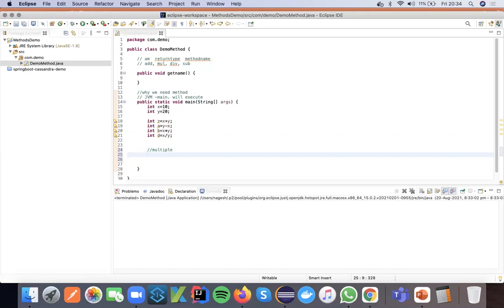Let me come to one scenario. You are writing 100 lines of code here and you are not dividing that into methods, and you are writing the whole lines of code one by one. If an interruption happens, what will happen? The total will fail. So instead of that, we can split the 100 lines into multiple methods and call them one by one, so that we can identify exactly where it is failing and modify it.